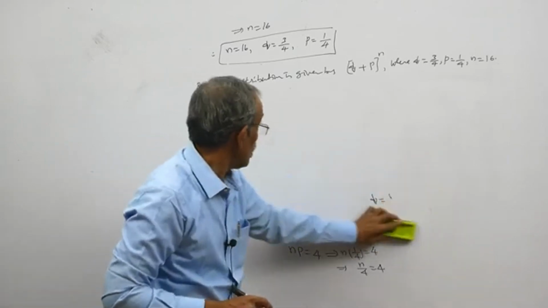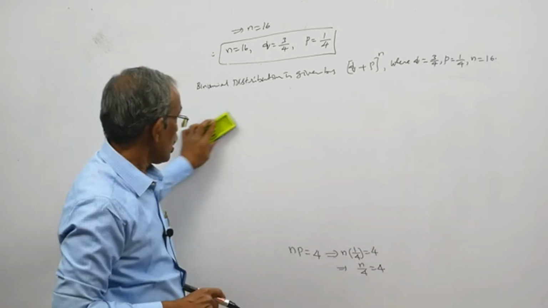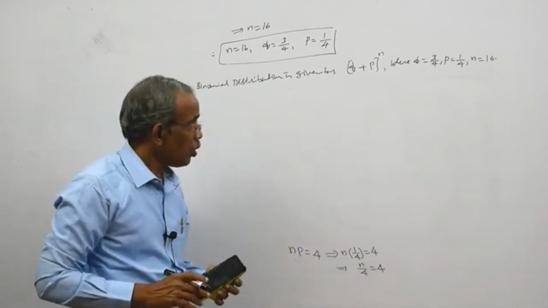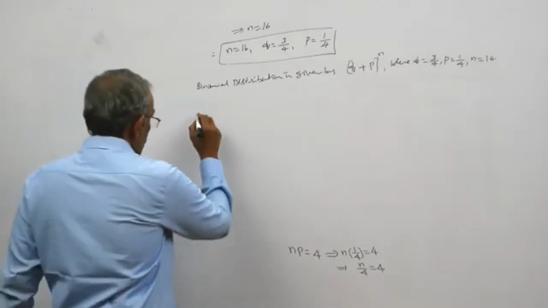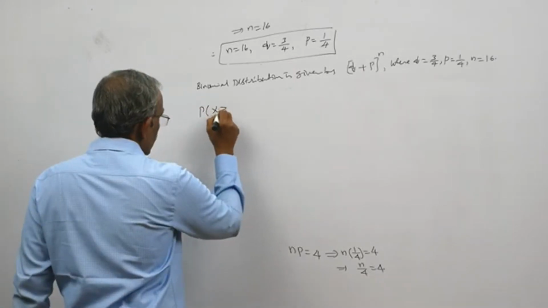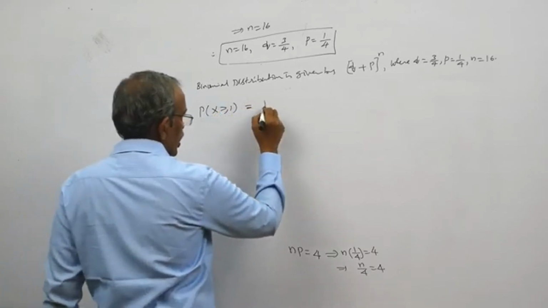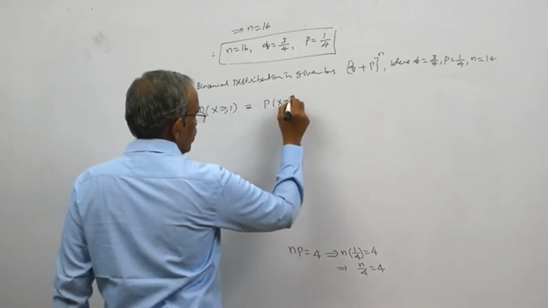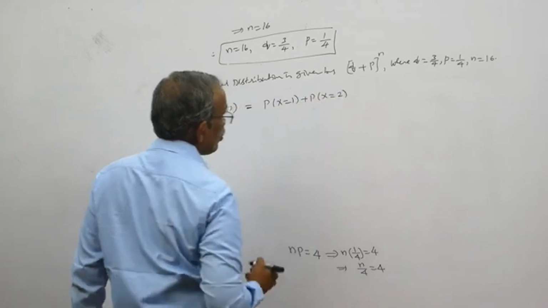This is the binomial distribution. Now we have to find the value of p of x greater than or equal to 1. P of x greater than or equal to 1 means p of x is equal to 1, p of x is equal to 2,